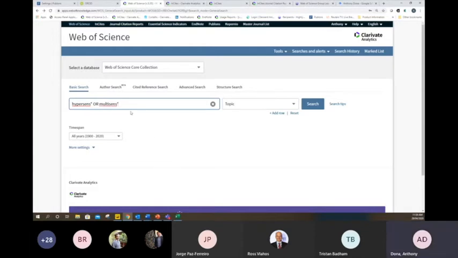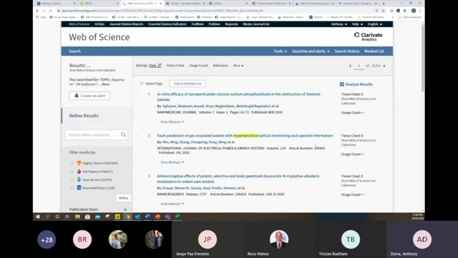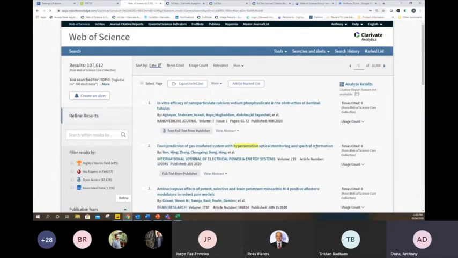Again, I'm not an expert in this area of research. If you're an expert in whatever area of research, you can construct a topic search around any area you like. Again, the Boolean string operators work as you would expect them to. ORs will look at things that are mutually exclusive.